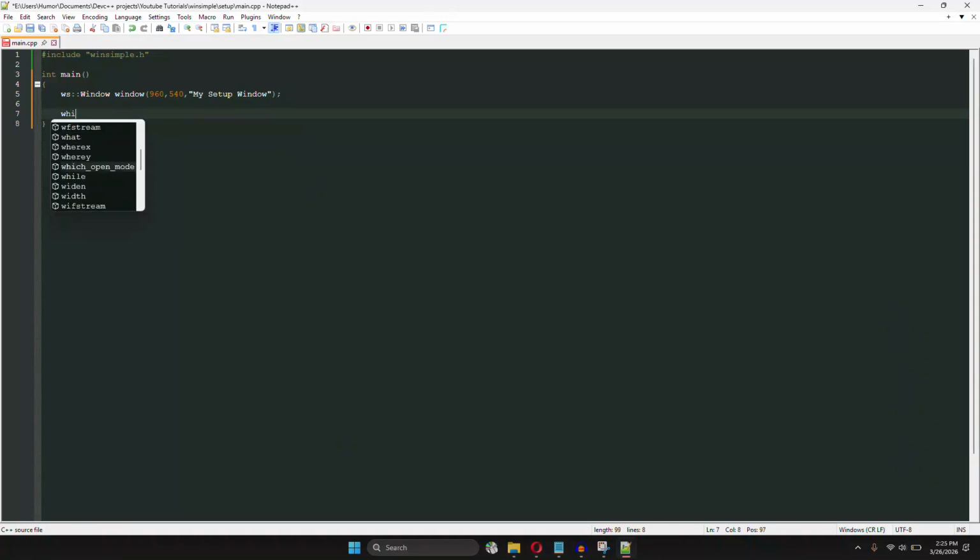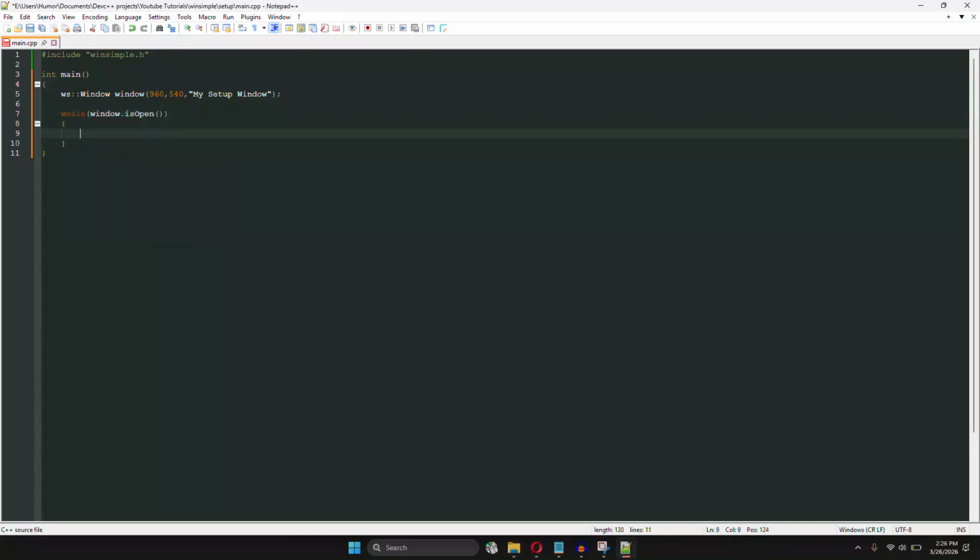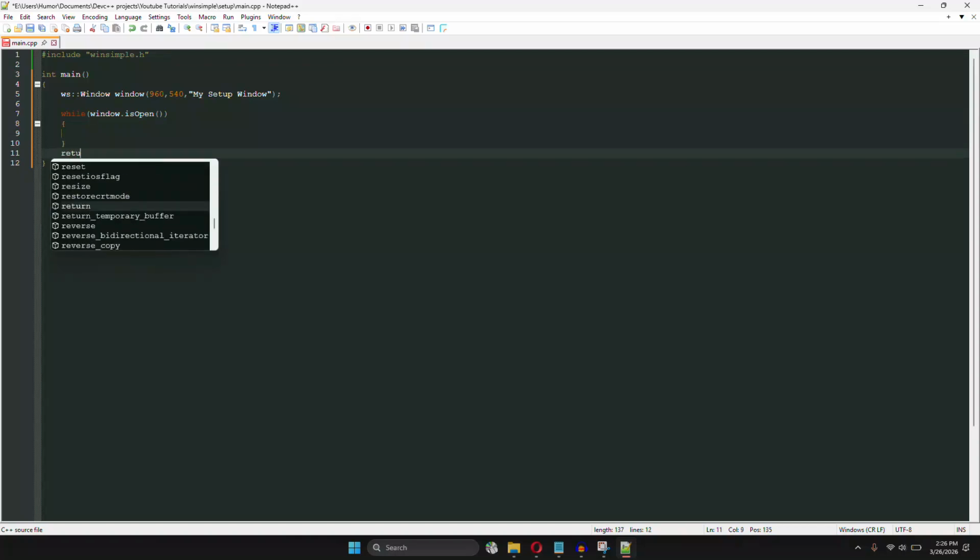And before you ask, yes, Winsimple's API does take some inspiration from SFML. However, the difference between Winsimple and SFML as far as usefulness is that Winsimple is much more lightweight while also providing some WinAPI features. And that is all we need as far as the bare minimum code to display a